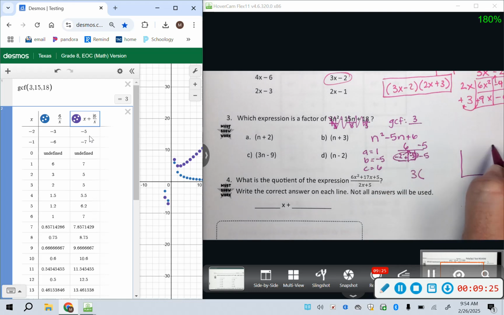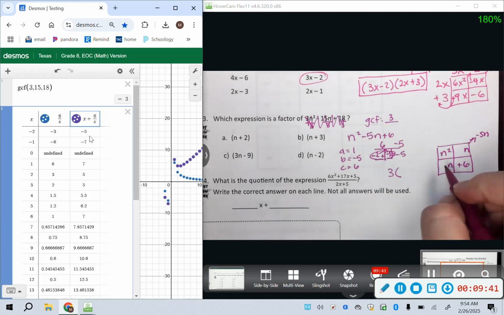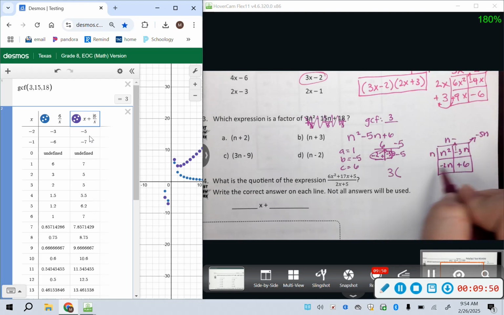Build my box. First term, my new first term, first box, my new last term, last box, and my new b term. Now n's, if you use x's on your test, that's fine. Okay, so knowing that, my special numbers are negative 2, negative 3. So here they have an n in common, here they do not, but it's minus. Here they have an n in common, here they do not, but it's minus. And then GCF, so 1 to 2 is 1,